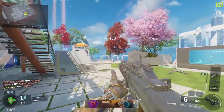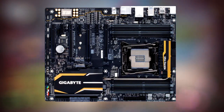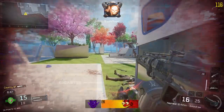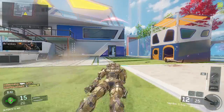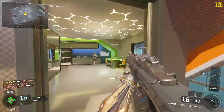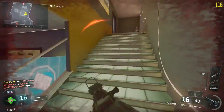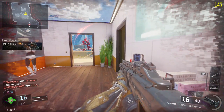The motherboard, this is where I cheaped out a little bit. I went with a Gigabyte GA H110 Micro ATX motherboard. You all have seen this thing if you've watched any of my builds. I use it a lot. It only has 2 memory slots, but it does support up to 32 gigabytes of DDR4, does not support Crossfire, does not support SLI, has 4 SATA 6 gigabit per second ports, does have USB 3.0, but other than that,